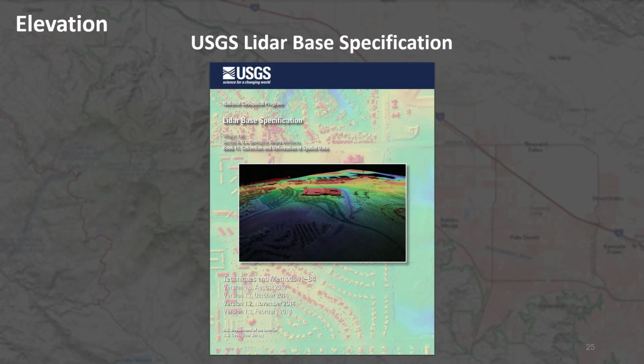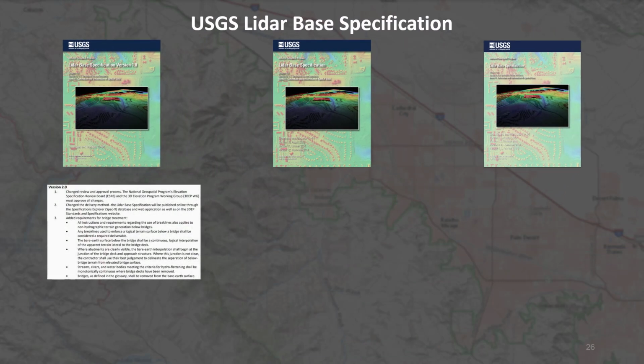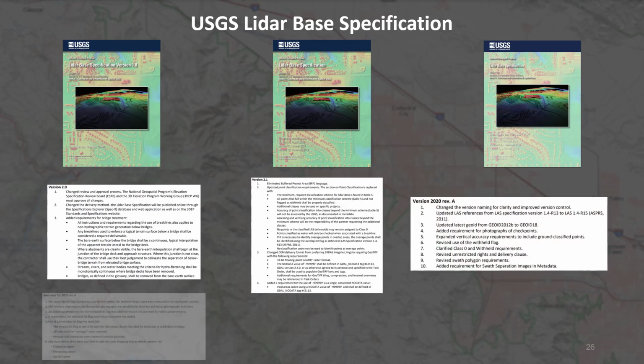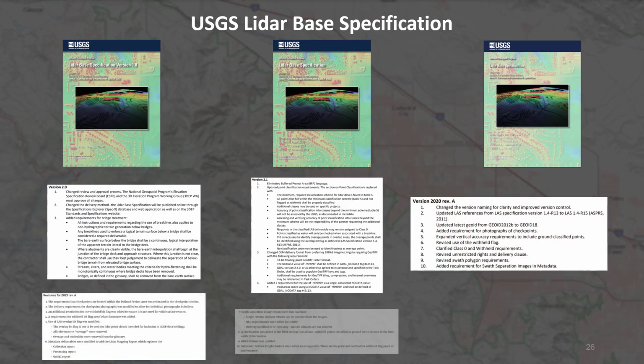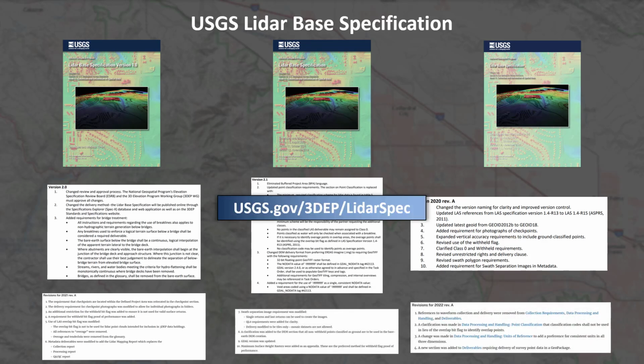The USGS LiDAR base specification sets the benchmark for quality metrics. It sets the methods through which the data are collected, processed, and provisioned to adhere to this contemporaneous specification. At the minimum, any emerging technology would need to meet these benchmarks. The specification is continuously being updated to reflect changes in technology. The latest version of the report can be accessed by following the link,